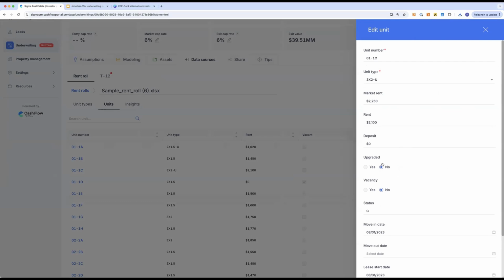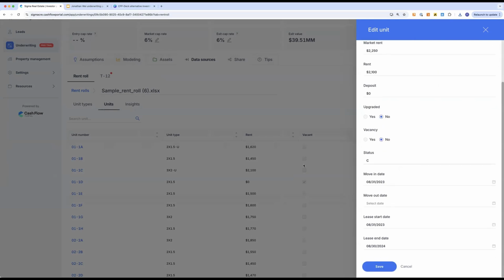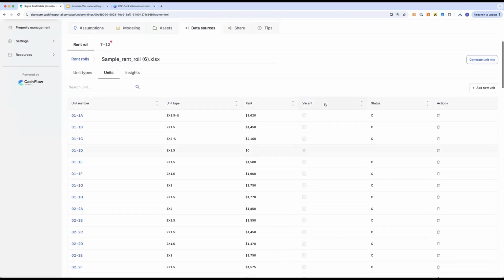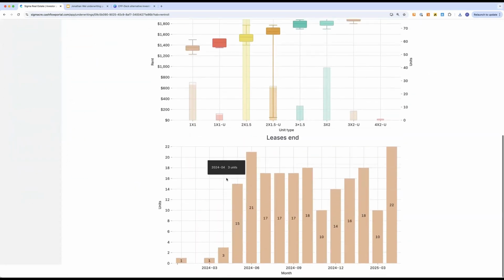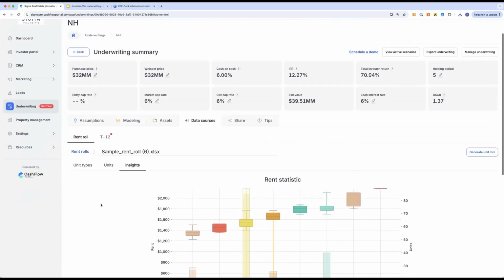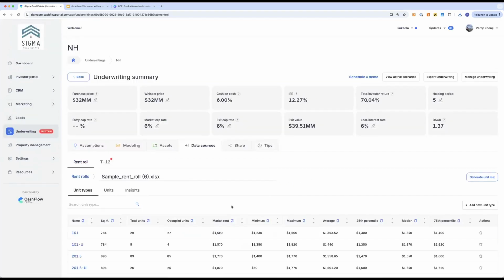If you want to change the data, you can do that and then regenerate if you want to. But all of that metadata has now been in our system. We take care of things like vacant status and so on and so forth. You can also take a look at the insights. The accuracy of our rent roll is actually really good. We parse more than 95% of the rent rolls out there, even if they are PDF. That's actually the biggest part of our invention, which is parsing rent rolls and T12. All right, so that's that.